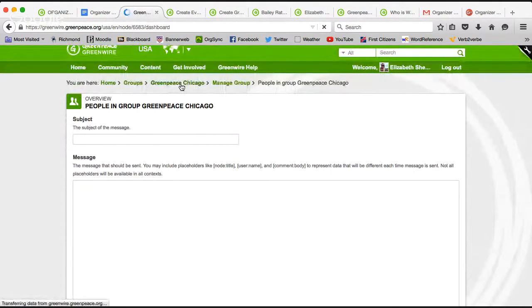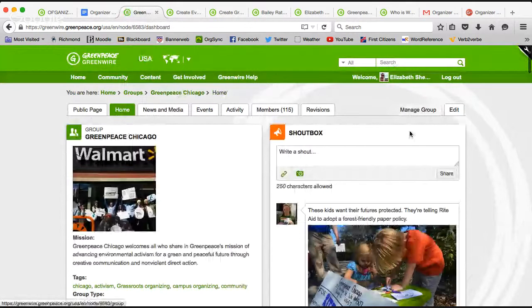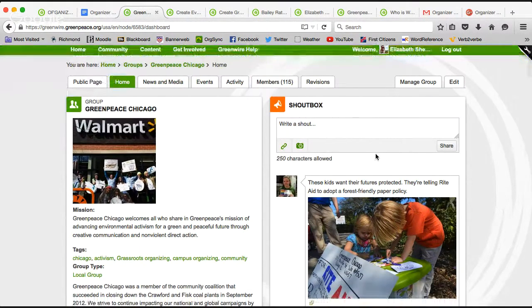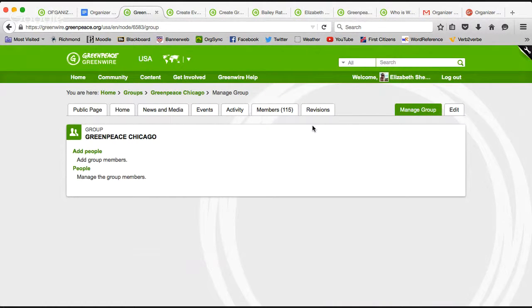So if we go back to the group page, the last thing is I'm going to show you how to get all the information you need to phone bank all the people in this group. If you're the administrator of a group, you can see every person in that group's phone number. If you're not an administrator, staff could help you, or we could set you up to see those phone numbers. But assuming you have administrator privileges and you want to phone bank all the folks in this group, which is a really great recruitment tool, just giving every one of those folks a call.